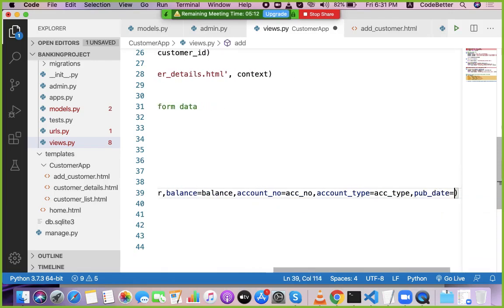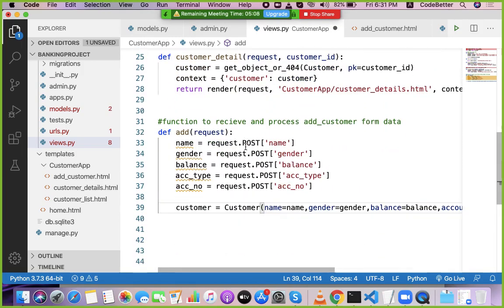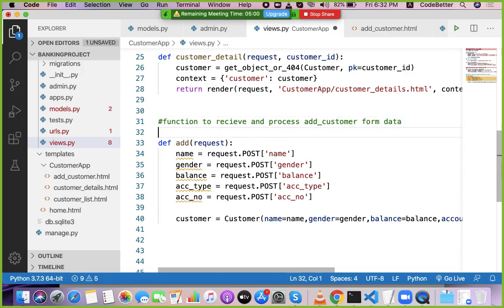equals, and I need to import timezone because I want to save the current date. So let's import timezone. Let's import it here. It can be imported at the top also. So from django.utils import timezone.